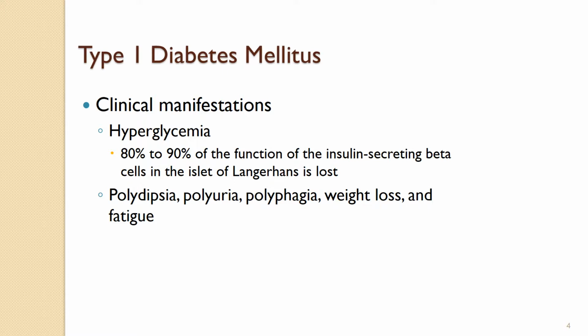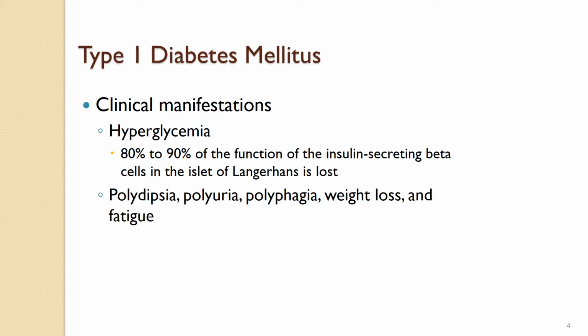For instance, polyuria is a direct consequence of having too much glucose in the blood and increased osmolarity, which may result in intravascular fluid excess and the need to urinate or get rid of that fluid. Polydipsia is a consequence of this, and polyphagia is the patient's need to eat because sugar or glucose isn't utilized, and the patient